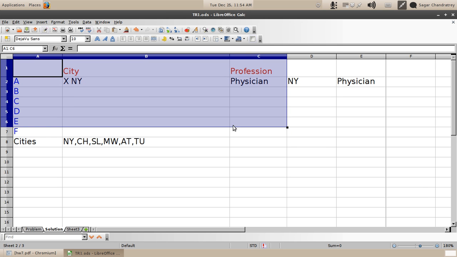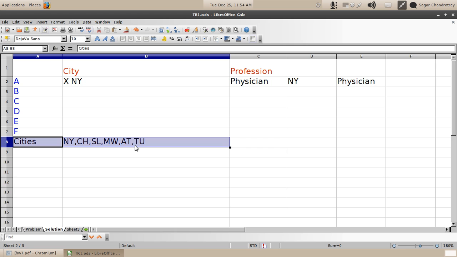This is our main matrix which we have to fill in, and as you can see, I have listed the cities at the bottom here. So this piece of information, that the man from the New York is also a physician, that we are not able to currently fit in directly in here, and therefore we'll put it here separately.